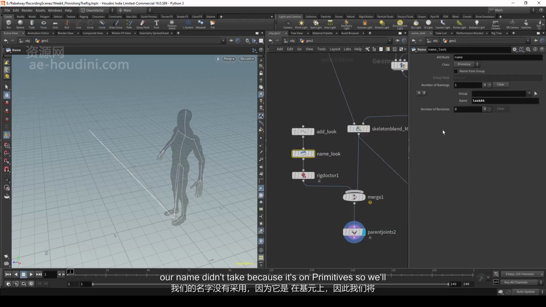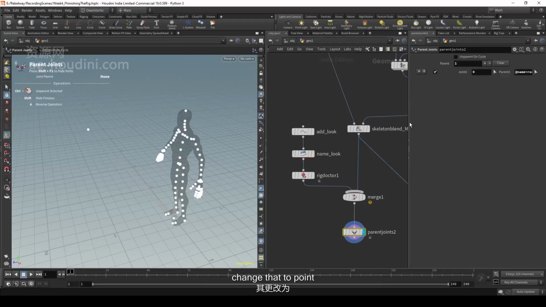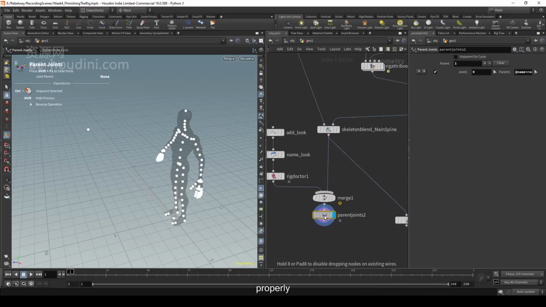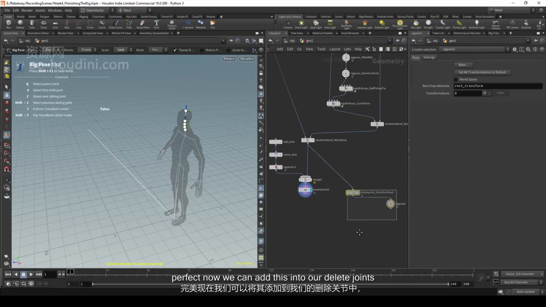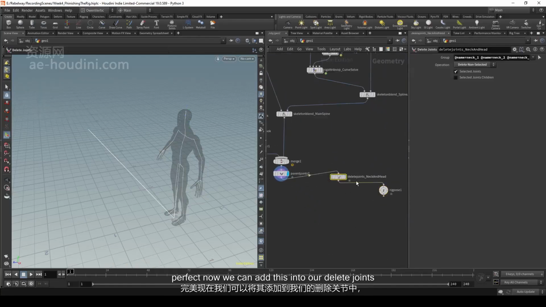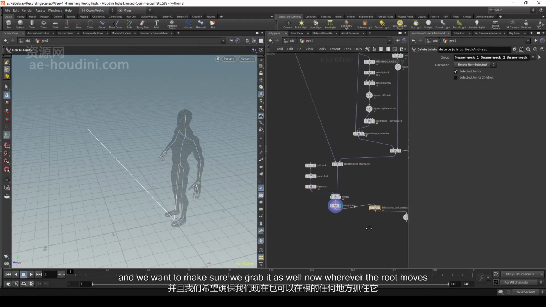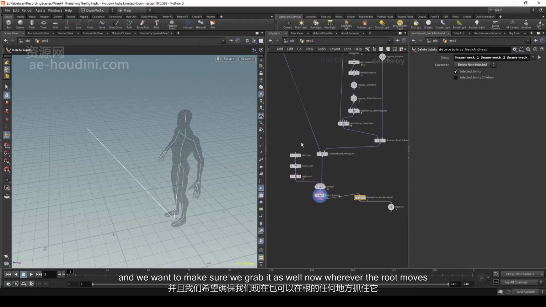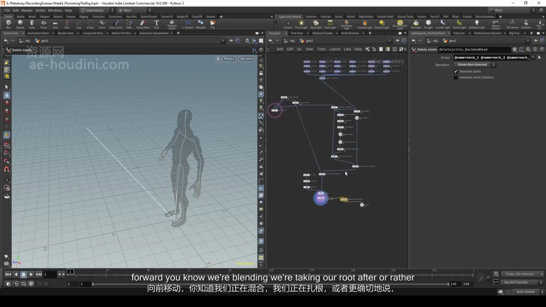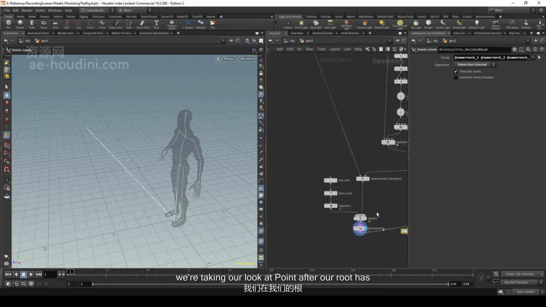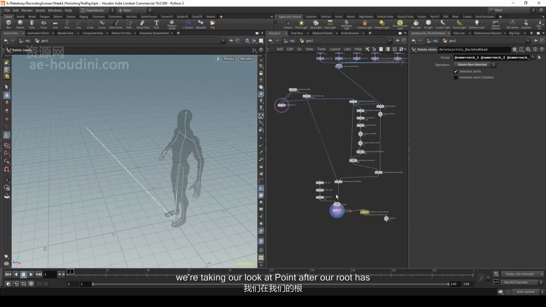Our name didn't take because it's on primitives, so we'll change that to point. So long as our joint number is correct, this parent system will still work properly. Perfect. Now we can add this into our delete joints, and we want to make sure we grab it as well. Now wherever the root moves forward, we're taking our look at point after our root has